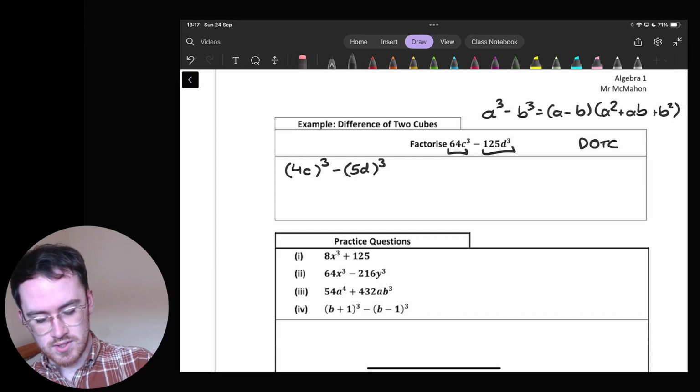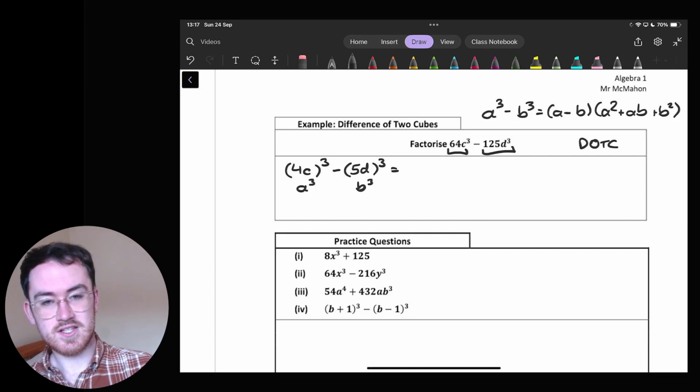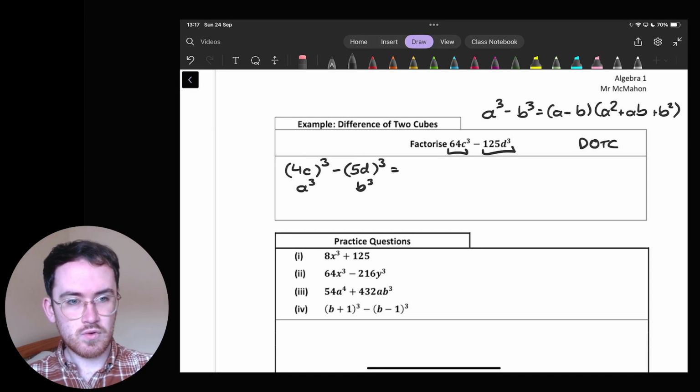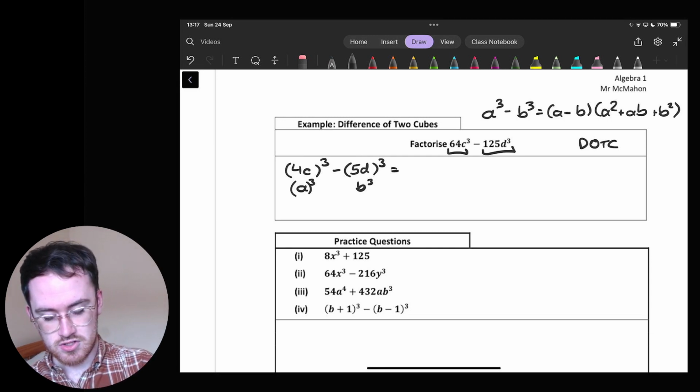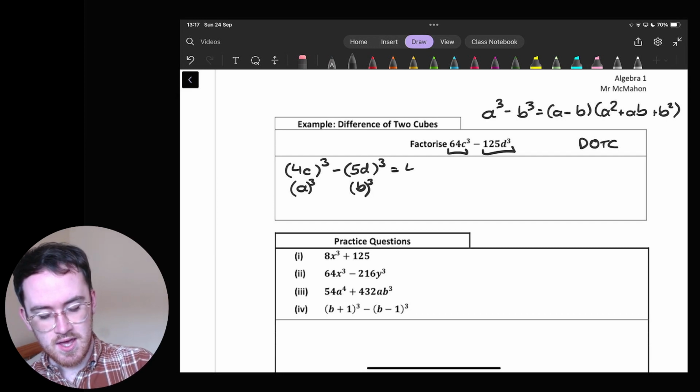So once we have this written out, it's just a matter of taking each of these and subbing them into the corresponding places in our formula. Noting that in our formula, our a part would be 4c, our b part is that 5d. So a is just the first term, b is the second term. So we're subbing these values in now. That's going to give me 4c minus 5d. Then in the second bracket, it starts with 4c, and that's all going to be squared,